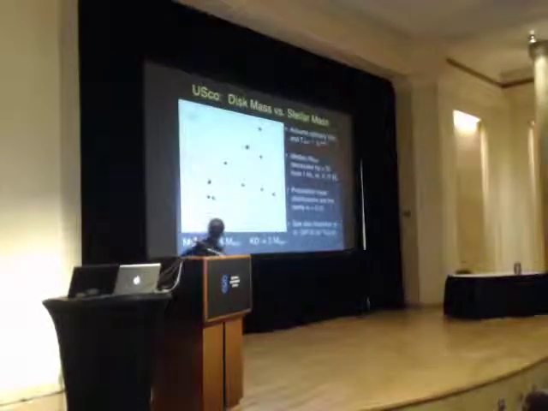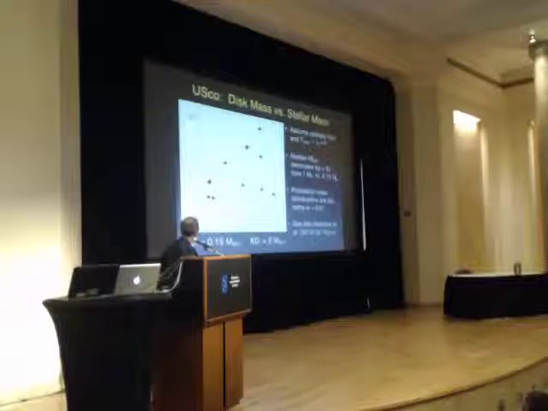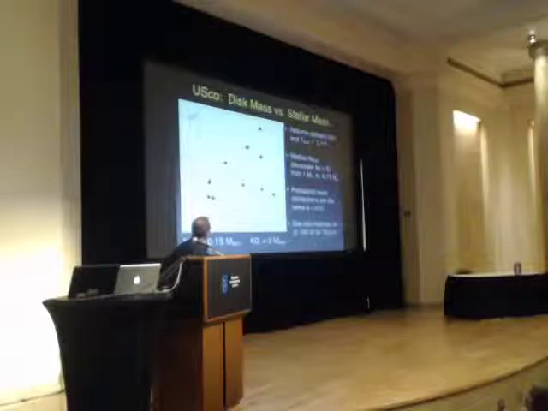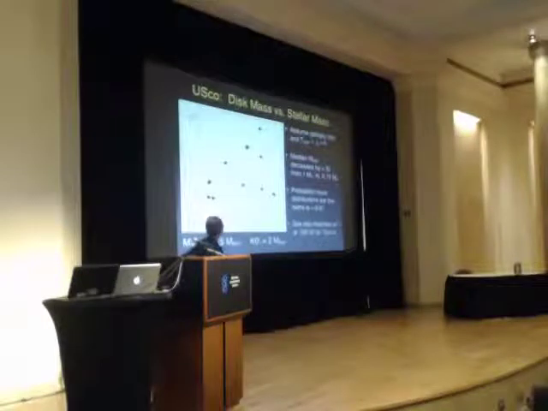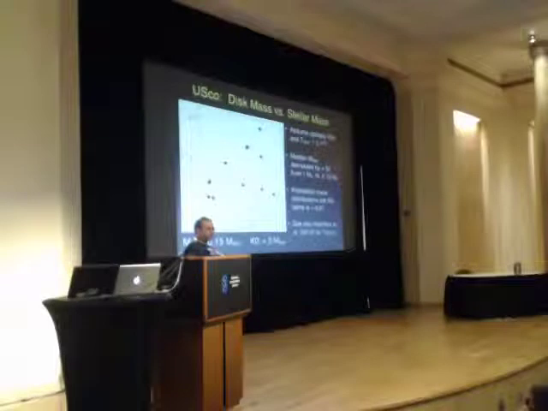Okay, so I converted the submillimeter fluxes into a disk mass, and I also estimated the stellar mass using an HR diagram, just based on the effective temperatures and luminosities of the stars. I assumed that the emission is optically thin, again, with the dust temperature proportional to the luminosity to the 0.25 power. The most immediate thing is that there's a wide scatter in the disk masses, but there seems to be a general trend where you get higher disk masses toward the more massive stars, just glancing at the submillimeter images.